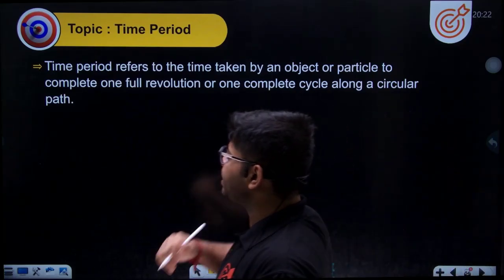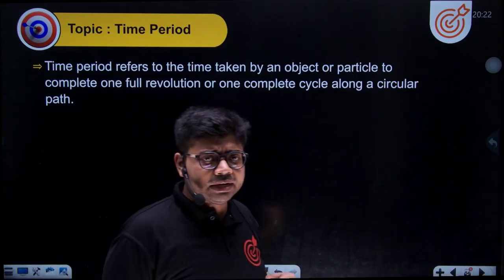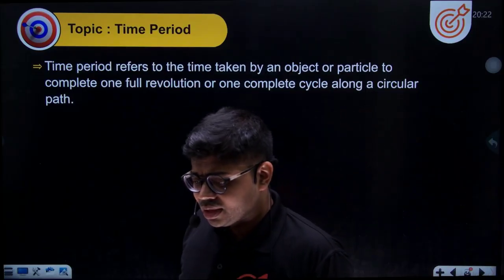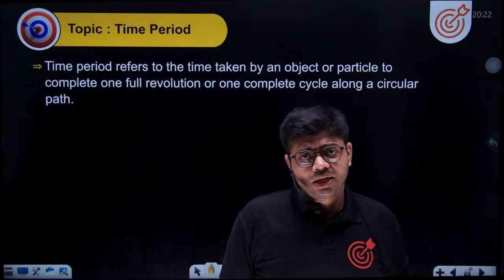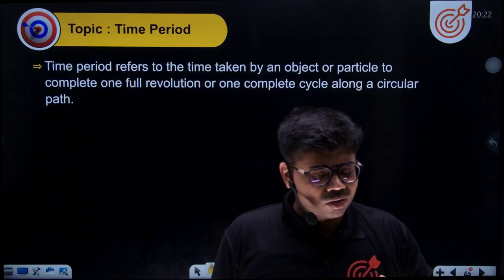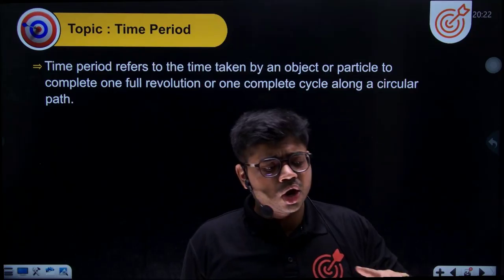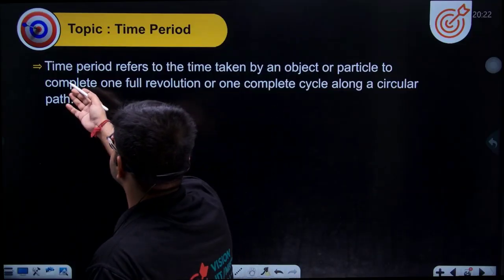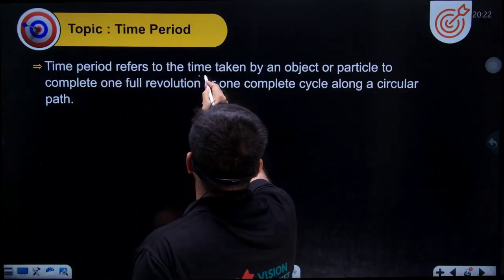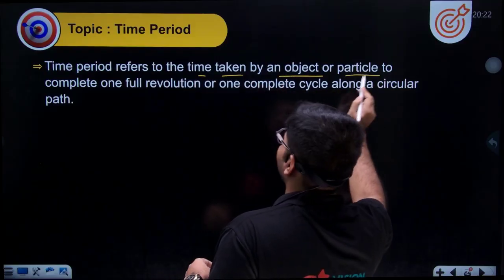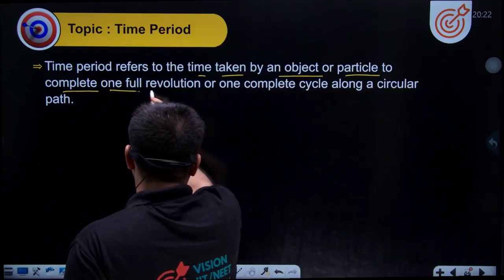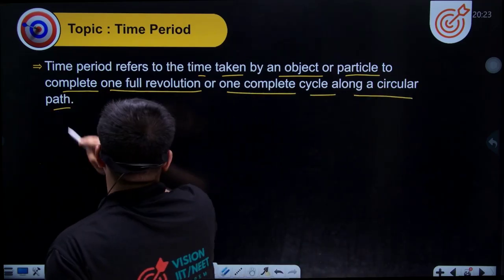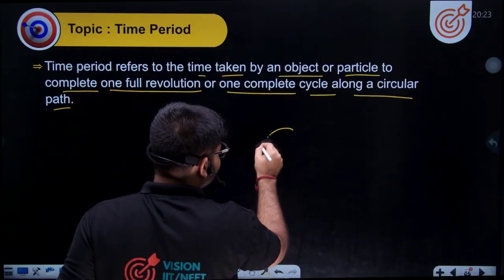Now what is meant by time period? Time period is nothing but the total time taken for a particle to complete one revolution. You can see from here also, time period refers to the time taken by an object or particle to complete one full revolution or one complete cycle along a circular path. So that means if I take this,